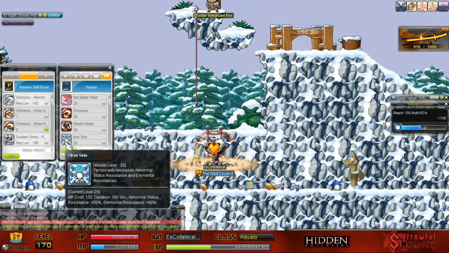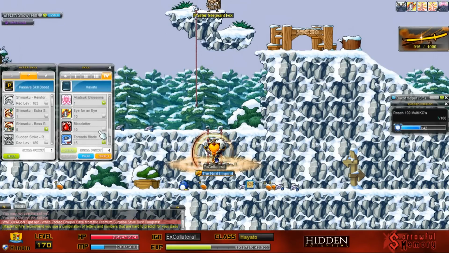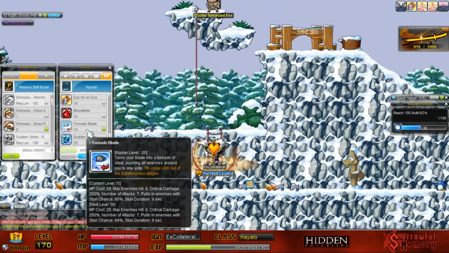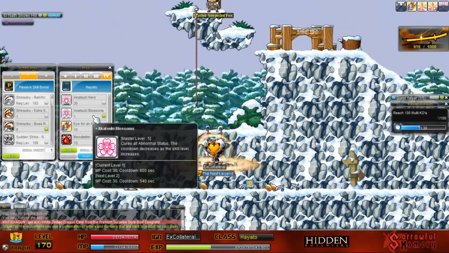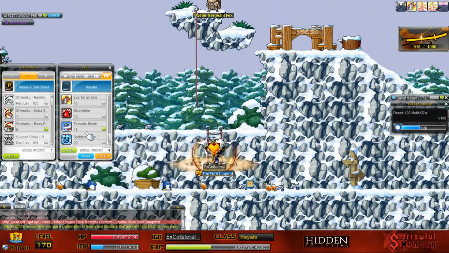I tried to point out everything that I was able to discover, and another thing I want to point out is that you don't have enough SP in 4th job to max every single skill. This one, Tornado Blade or Akatsuki Blossoms are not going to be maxed. I'm personally gonna max this skill. I lied. I'm personally gonna max this skill